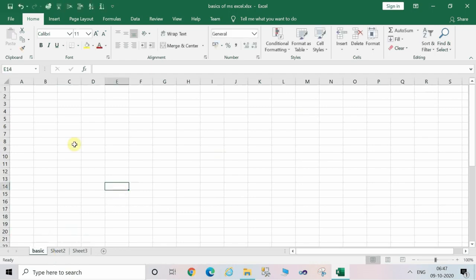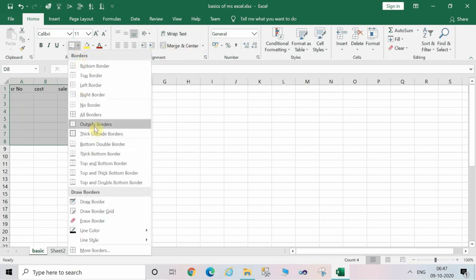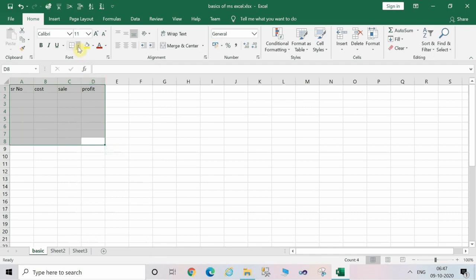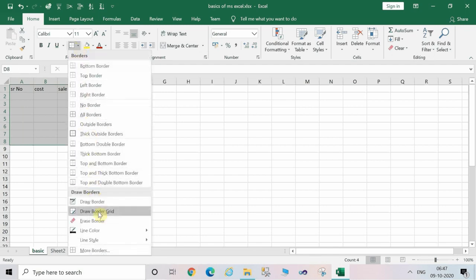Here we will add some data by typing into particular cells. For example, I'm writing here serial number, cost, sale, and then profit. Now we'll select the range, and then we will add borders to it by selecting the particular type of border which you want.